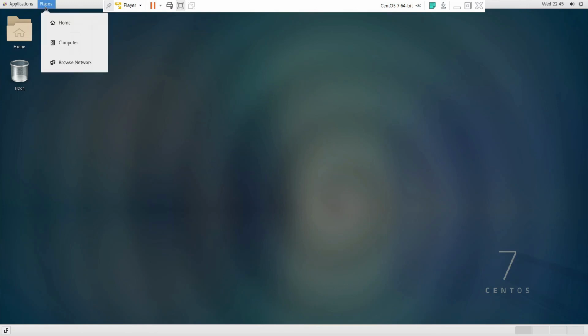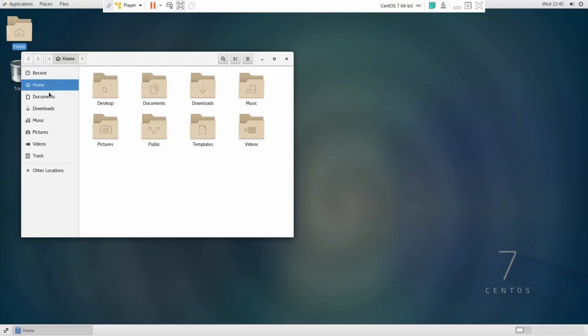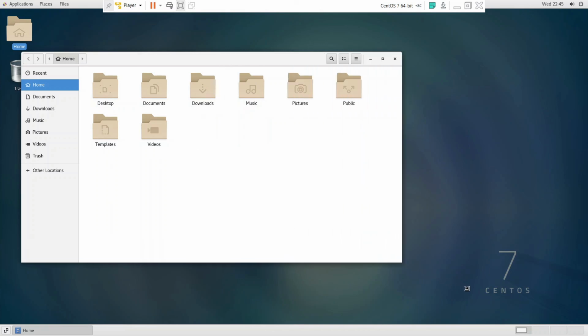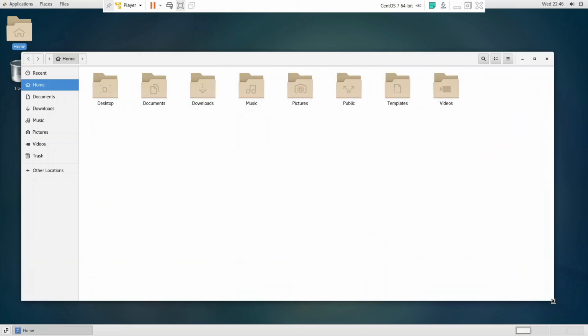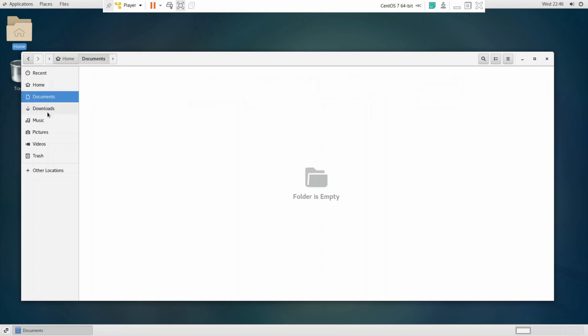Places, you can go to some places like home, computer, browse network. And now here is the home one. Okay, so this is how the folders will look. You can just make it a big one. Now here are the downloads, documents, music, pictures, videos, trash.